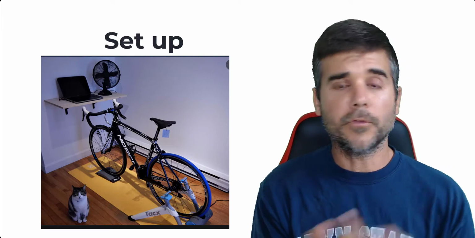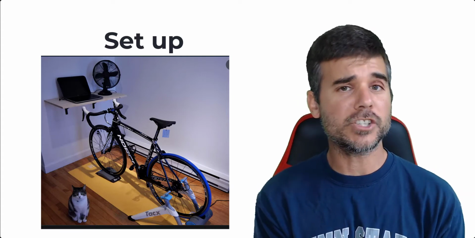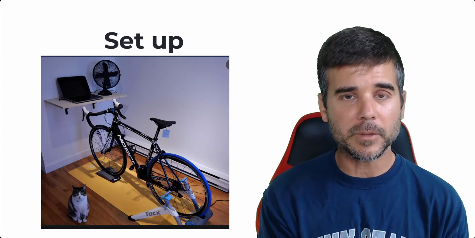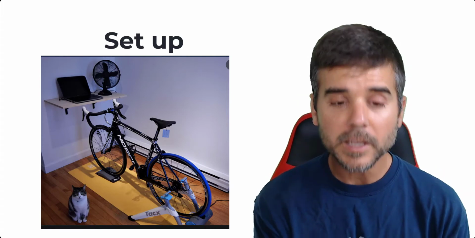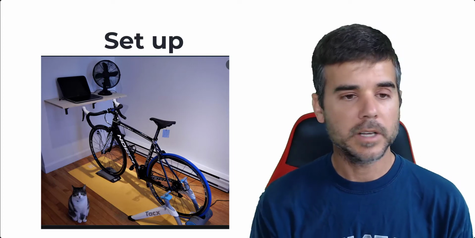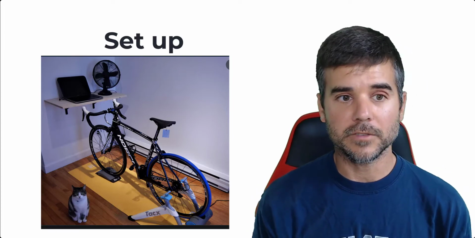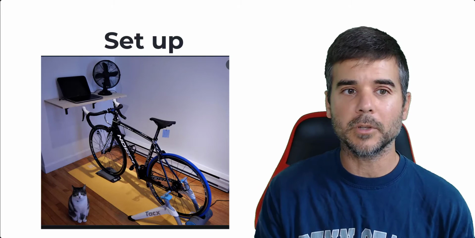It's pretty easy to do, and you can set it up if you already have a bike and a computer. So first of all, Zwift costs $15 a month to play. And if you buy a cheap trainer for under $100, you have to buy a speed and cadence sensor for your bike, or you buy an expensive trainer that has that already included in it. But it's pretty easy to set up, pretty easy to use. As I said, I've been using it for a number of years. So this is what a simple setup looks like.